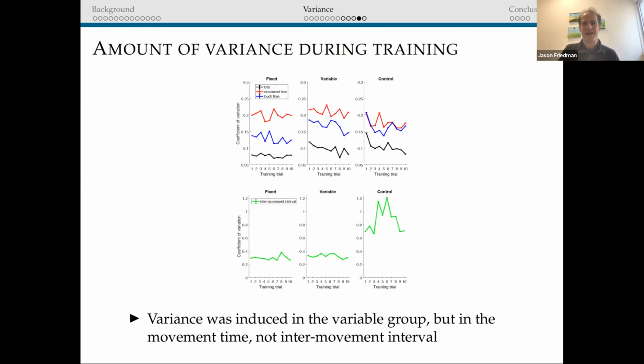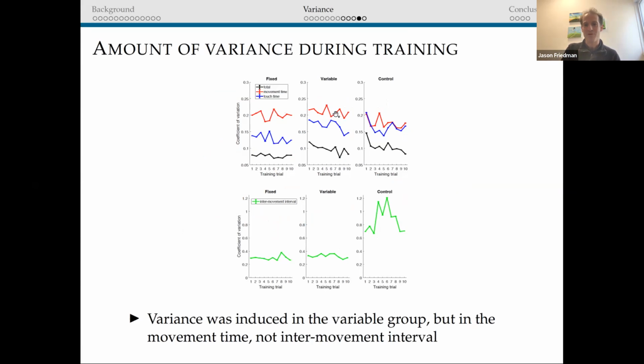We think that it comes down to where they channeled their variance during this study. So if we look at the component that we wanted there to be variance, it was the time between when you touch the movements, because this is where we know most of the improvement comes from. And you can see that the only group that actually had more variance in terms of that, or had the most amount of variance, was actually the control group, and not the variable group. So how did it happen they didn't have the variance here?